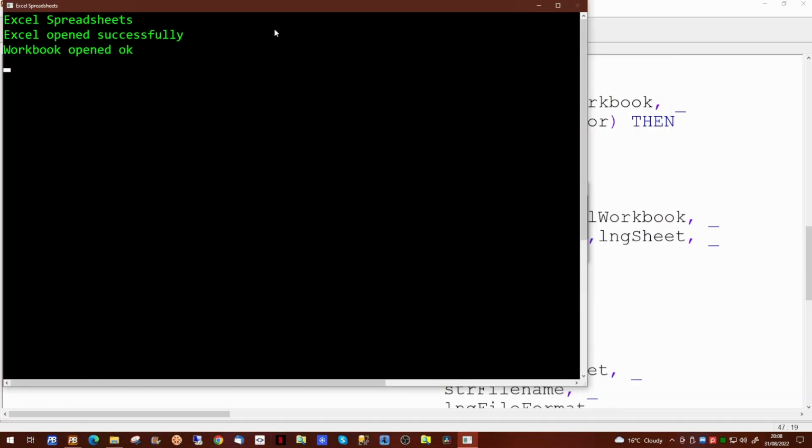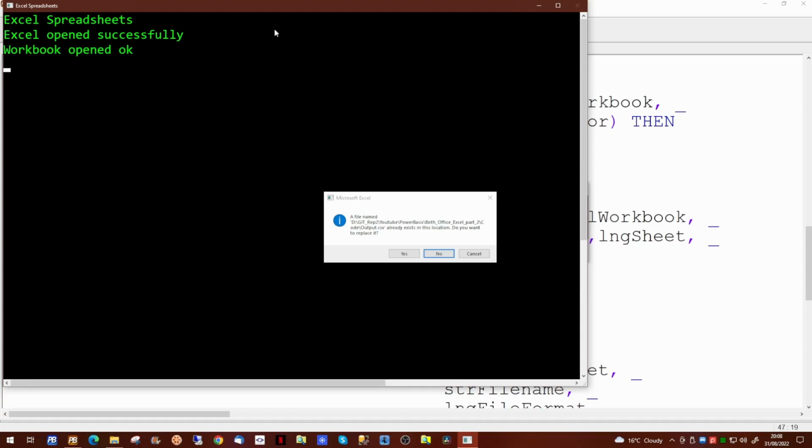it will open the workbook, and the pop-up message we see appearing on the screen here is actually coming from inside Excel. This is because the output.csv file already exists in the location, and Excel is prompting if you want to replace it. If you're creating an application which is to run unattended, this is obviously something you don't want to happen.